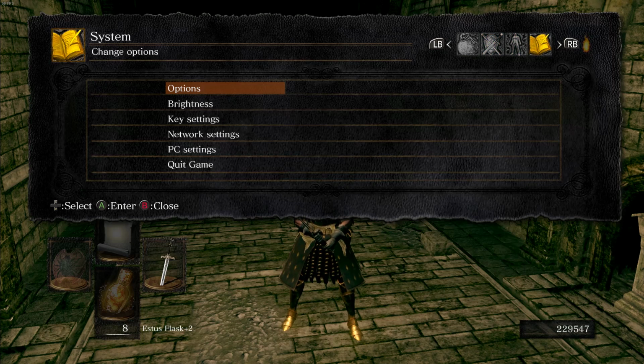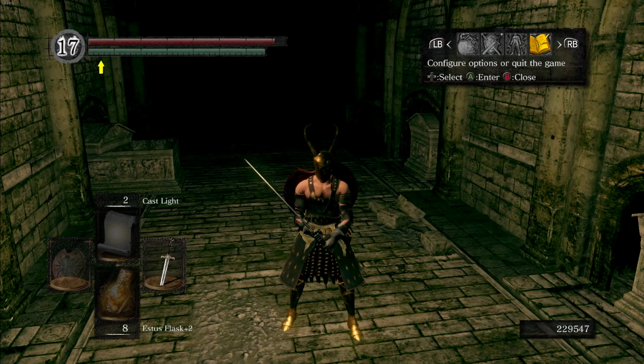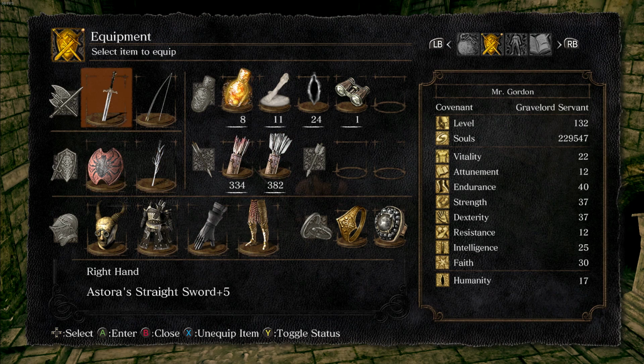Let me turn the volume up here for you guys. There we go. So as you can see, we're using some new equipment. We got the Helm of the Wise, Brigand Armor, black leather gloves, and the Leggings of Favor. Also, we're using a Stora's Straight Sword